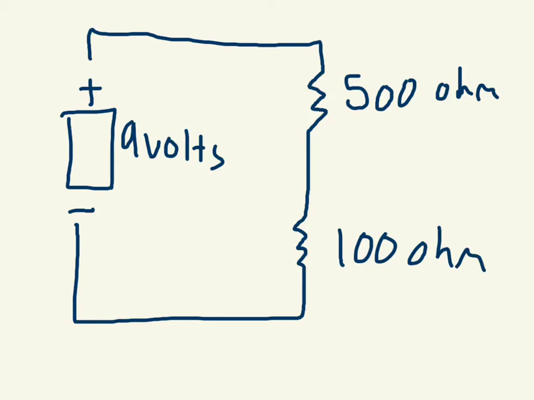So what we want to do is figure out what the voltage is right here before it gets to the second resistor, but after it's gone through the first resistor. So we want to figure out what the voltage is right here. So what we're going to do is